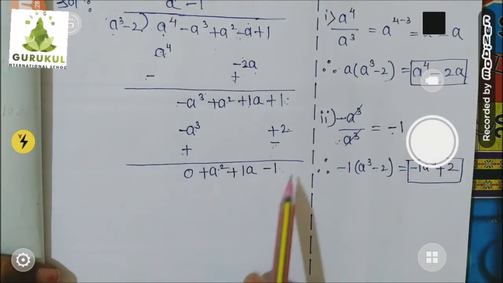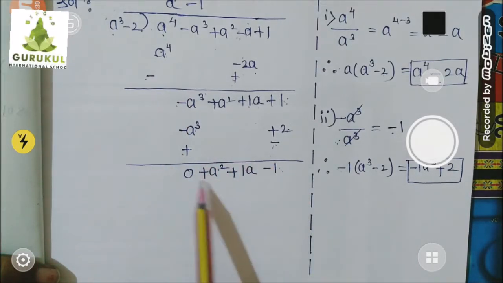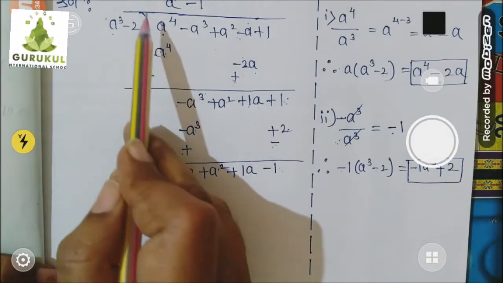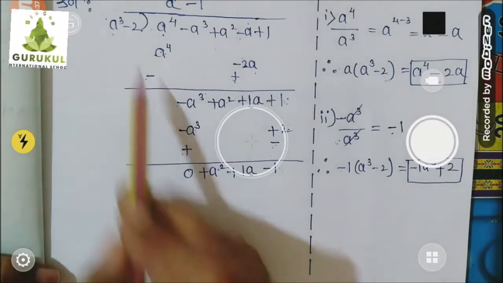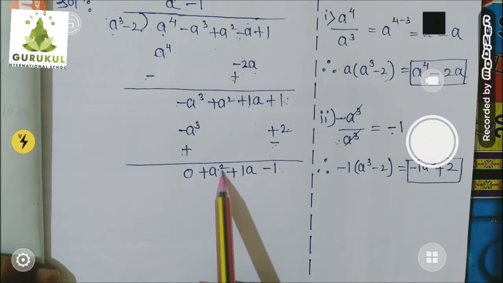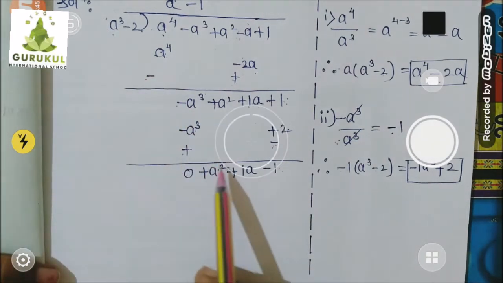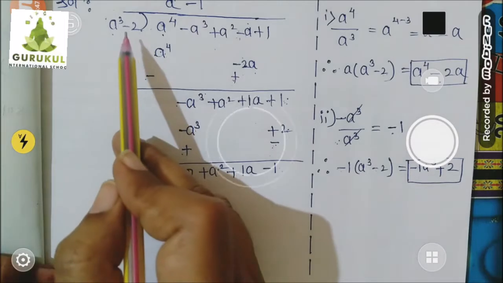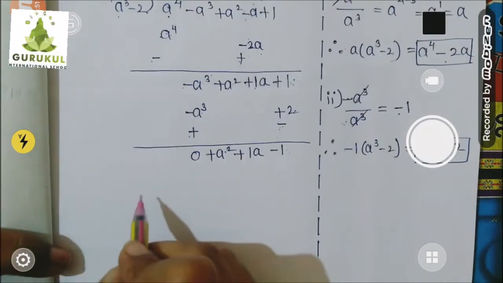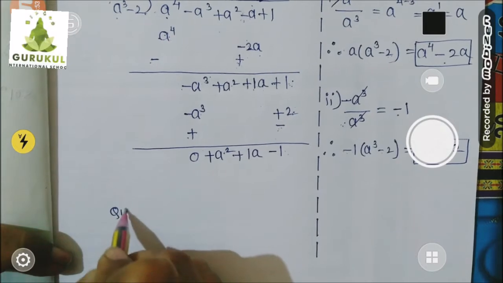Am I right? So children, here highest power is 3, here highest power is 2. So the remainder polynomial's degree is less than the divisor polynomial's degree. And whenever such happens, we stop our division. I already told you. This is smaller than this highest power, and that's why we'll stop the division.